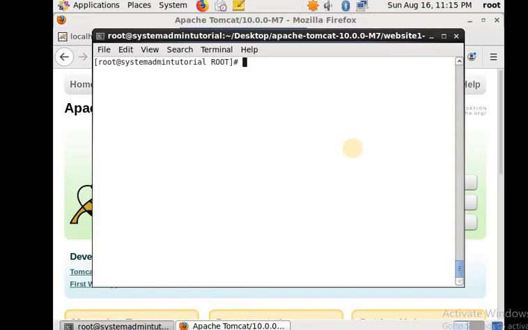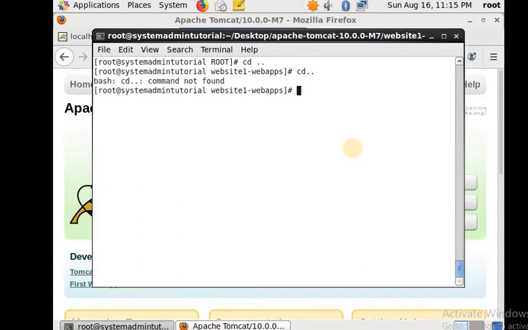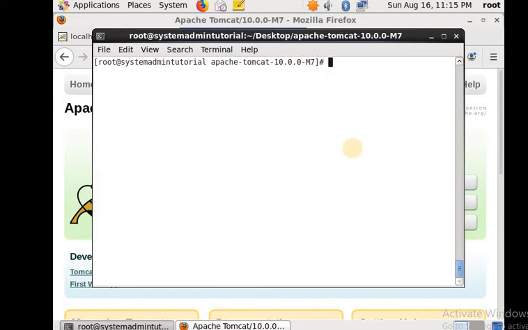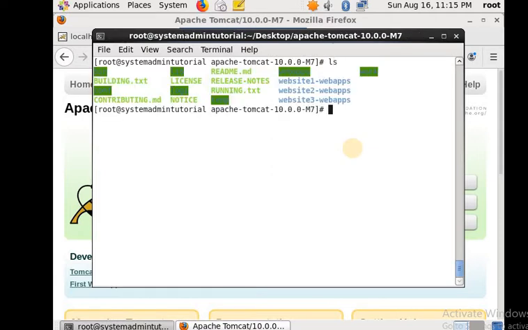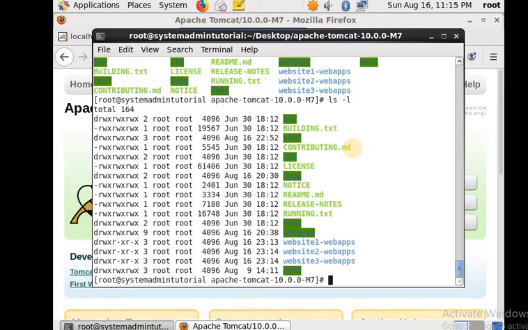Now we have to go back to our Apache. This is the Apache where we have all the files. I can show you the conf file is also there.